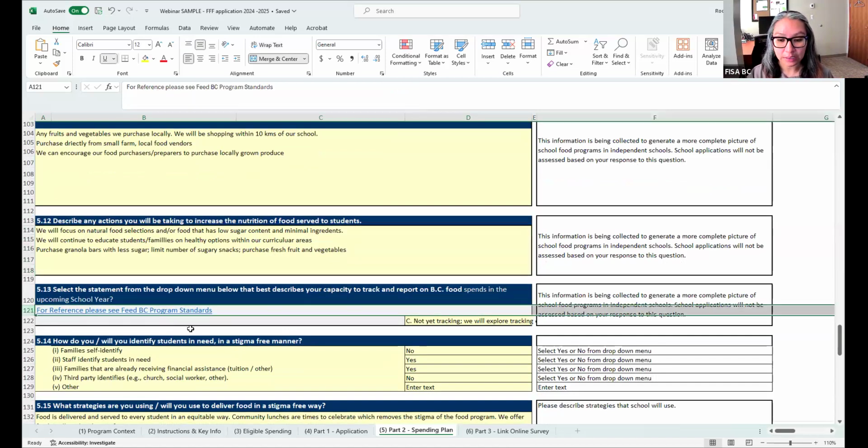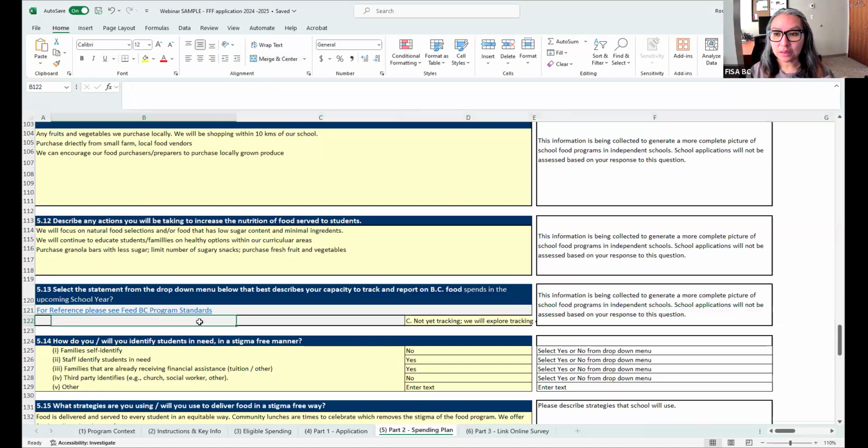Moving on to 121, and this is also back again. I've been having some questions about tracking. Just to give you a little background on where this is coming from, the public schools have been requested to track, kind of like in an Excel sheet, how much money they spent on local food and everything. For us, because a lot of us are just building and starting the first stages of this, tracking could be a little bit harder. But what we are encouraging, and I love when you call me and we chat about this, is